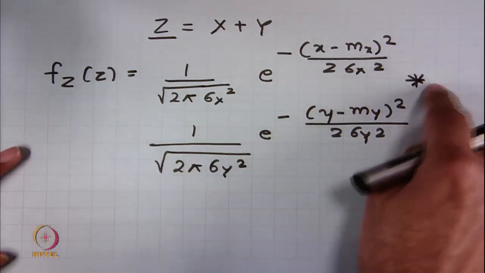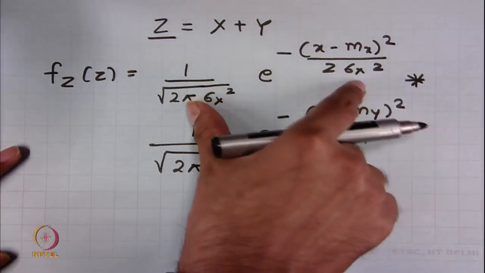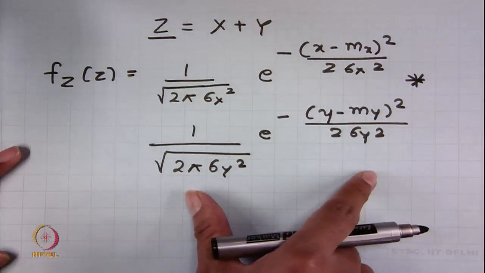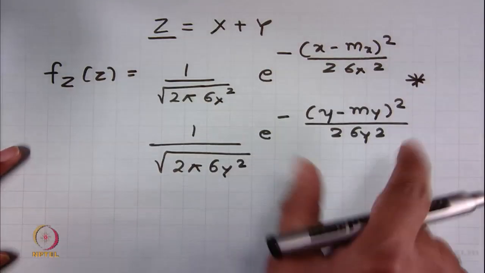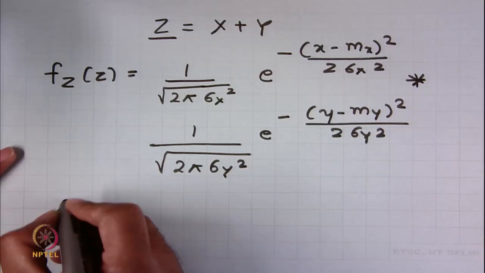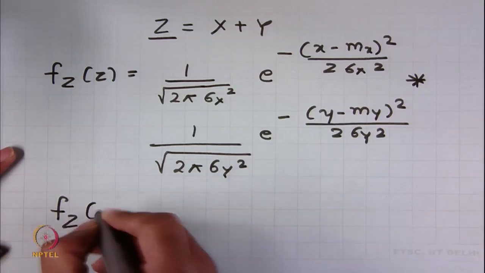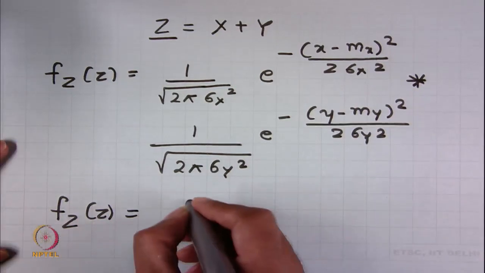Okay. So, I have taken the convolution of the probability density function of x with the probability density function of y, and you can prove this. I leave it to you to prove that this is nothing but